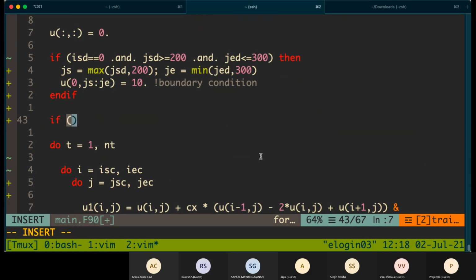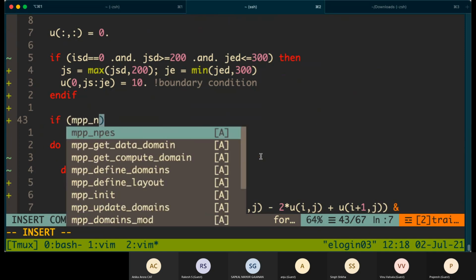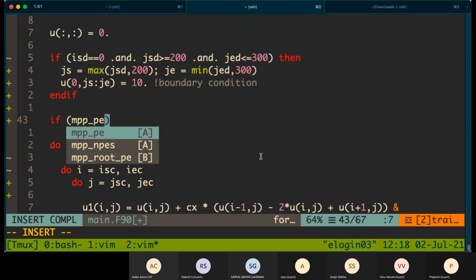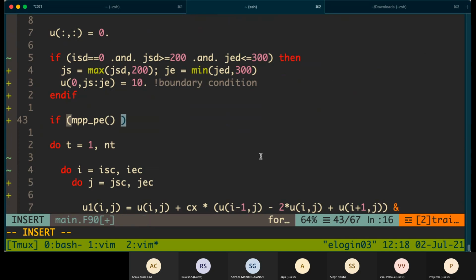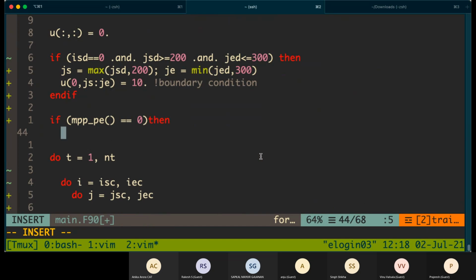So you can do something like this, call MPP_PE, and if it is 0, if it is the 0th processor, then you can do something here.